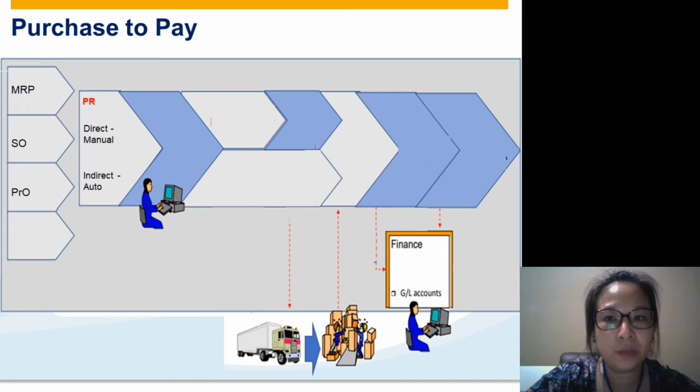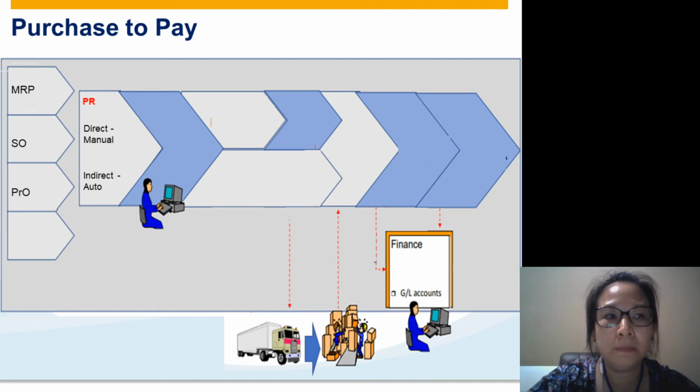Production order is actually when we do the manufacturing. So usually the raw material is already prepared, and then we will start the production. But for some cases where the raw material is, let's say, expensive, or the raw material cannot be stored for a long time, or